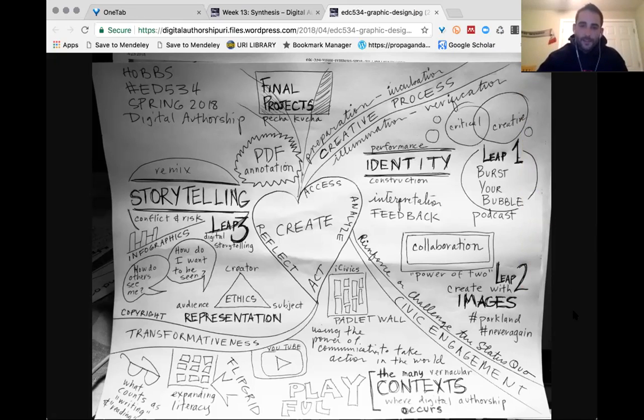So similar to what Pat said, I took where they have these kind of ribbons coming from the heart and the center: civic engagement, creative process, transformativeness. And it almost looked like it was all draining into the center. It's all connected. It all funnels into one location. And something else that stuck out to me, like a few people said, was Leap 3 in storytelling. And I like that it's nearly touching reflect, because for me, that assignment took a lot of personal reflection. So that really sticks out to me.